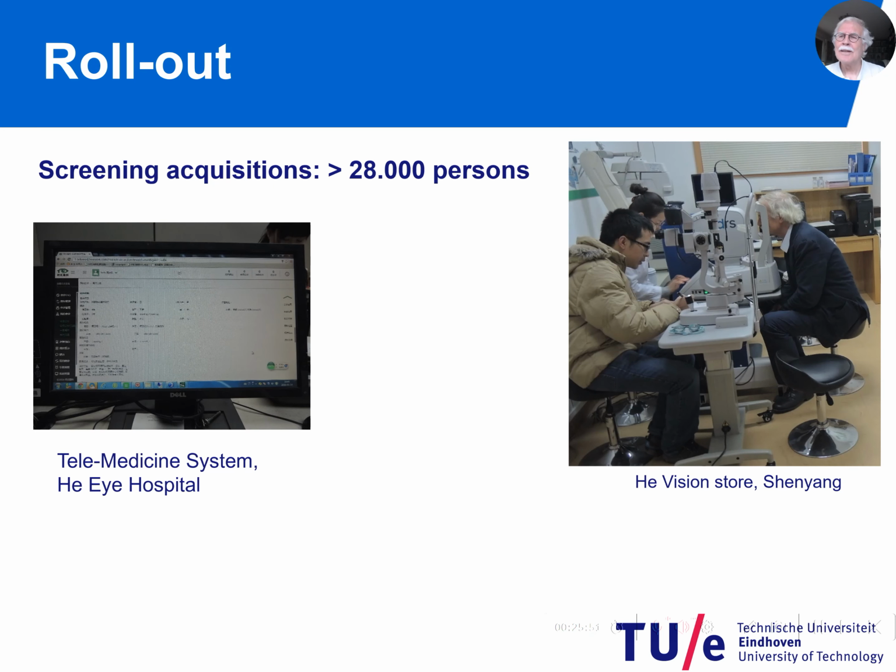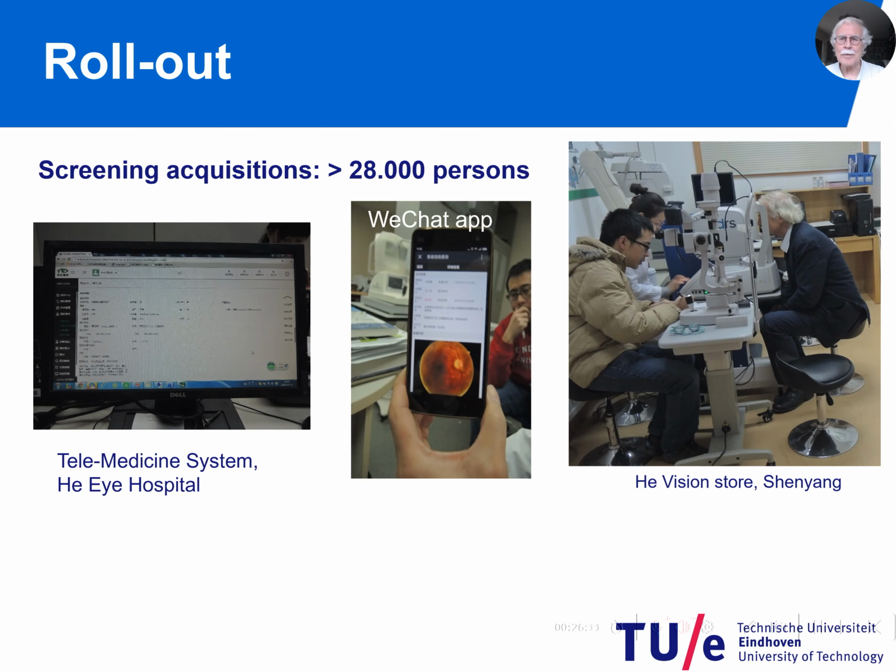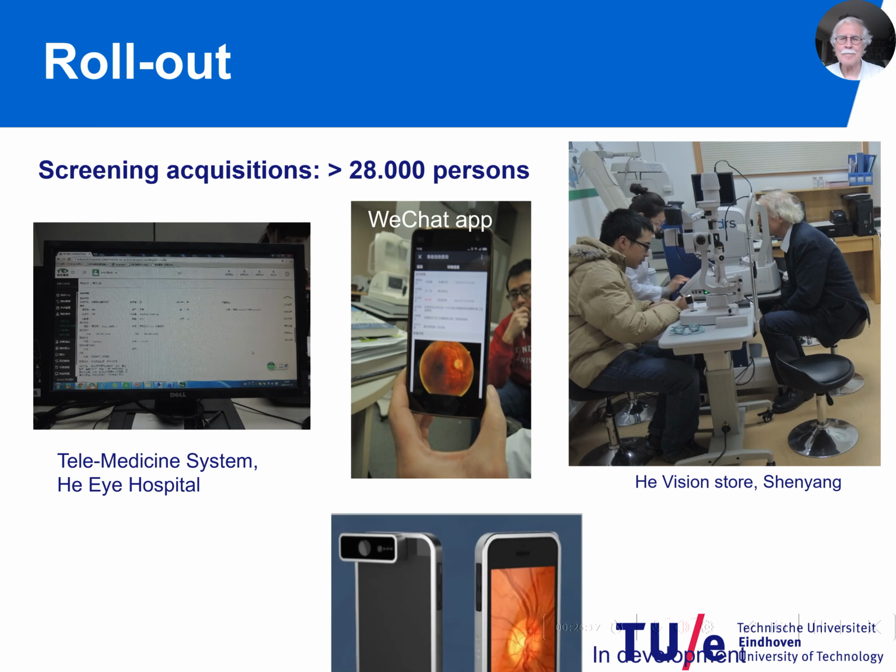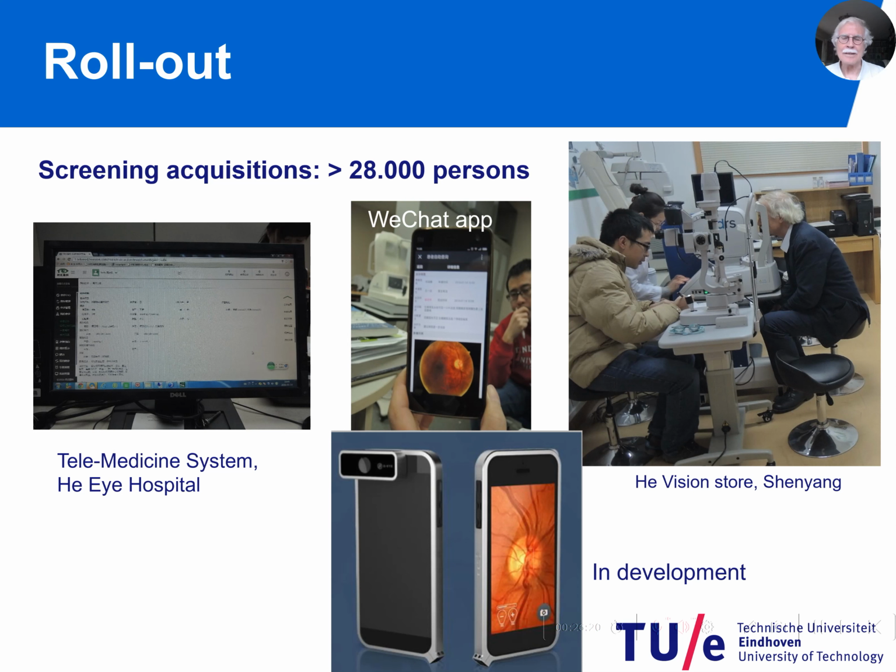Well, how is it rolled out? The system lasted for about 6 years. And finally, it has been rolled out in Shenyang. It is all connected to a telemedicine system. To the right, you see one of these vision stores. I'm sitting in as a patient in one of these cameras. We constructed the WeChat app so the patients could see the results of their images and the advice that was given by the system. And in development currently is a dedicated camera where the flash is a circular pattern around the optic center of the lens to do it with a smartphone acquisition